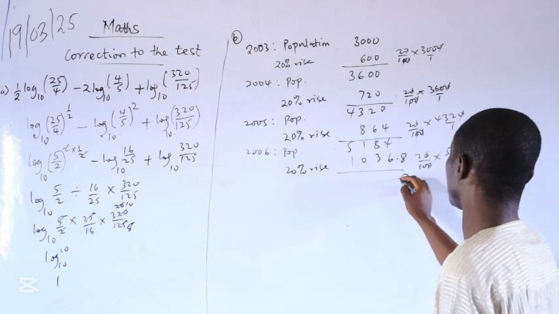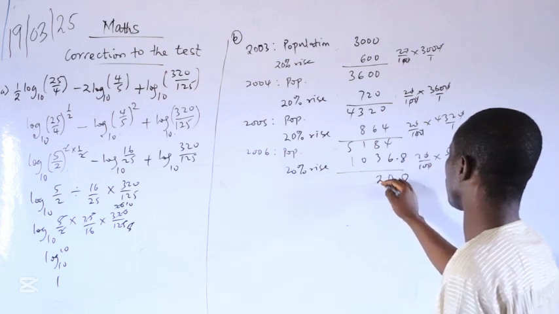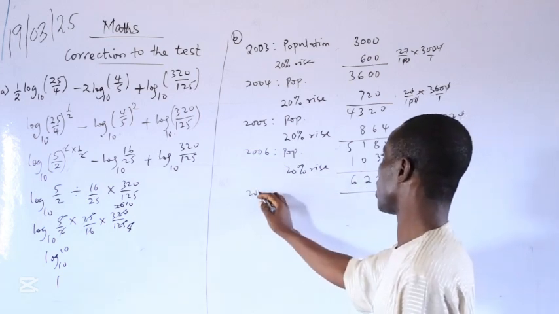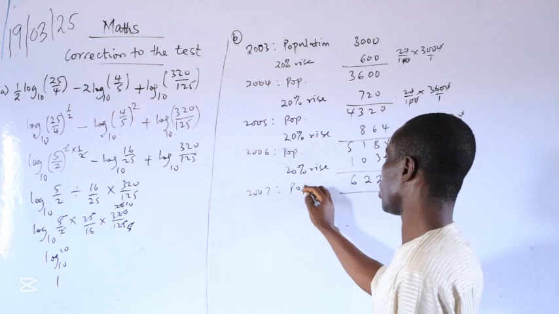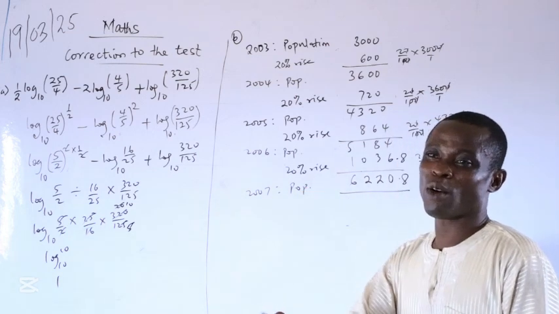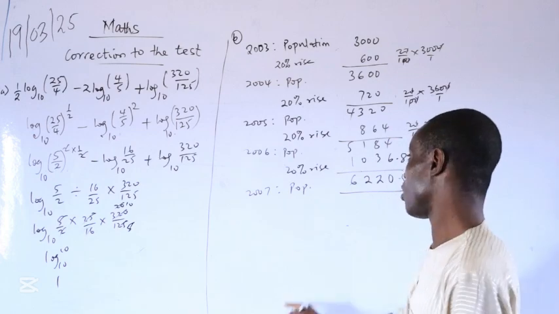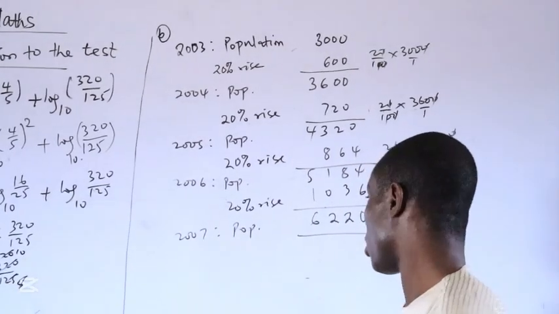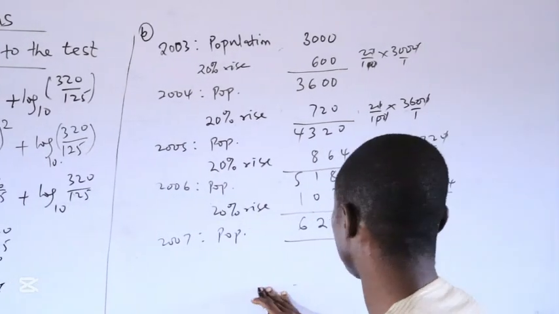When you add, we have 1036.8. We stop, because this is the 2007 population. The grant is always given at the beginning of each year, because if you now find 20% again, that would be 2008. So after getting this, total grant now,